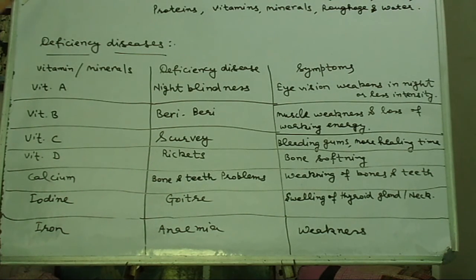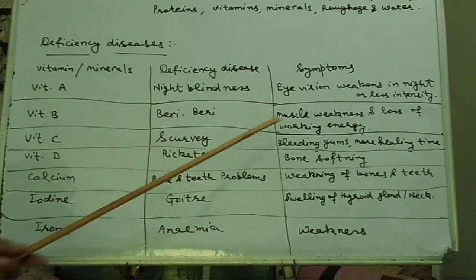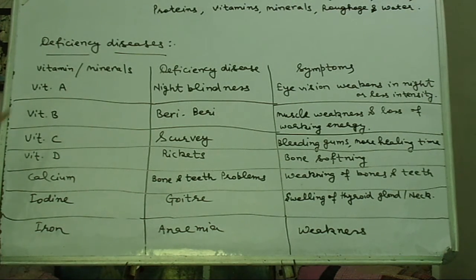So I've told you here about balanced diet, and if we are not taking a balanced diet, then there may be deficiency diseases. Whatever deficiency diseases I have told, you have to know about them. You have to know about the particular nutrient, what deficiency disease can take place, and what symptoms appear. I have told you some of the sources of these food items also. You have to remember that also. Vitamins we get mostly from vegetables and pulses, and minerals we get from some other sources. So this is all about the second chapter, that is components of food. Thank you.